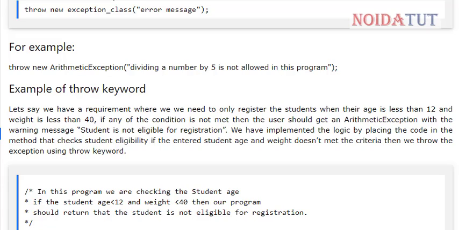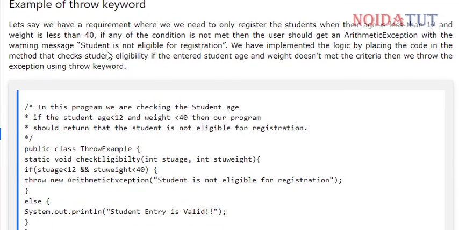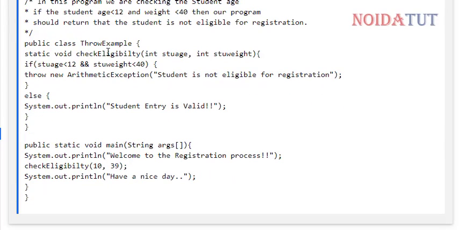If the student's entered age and weight do not meet the criteria, then we throw the exception using the throw keyword. In the program we are going to check if the student's age is less than 12 and weight is less than 40. For this we have a class ThrowExample.